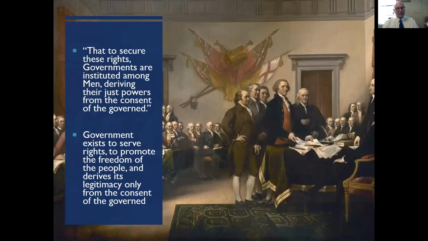Okay, as he goes on to say that to secure these rights, governments are instituted among men, deriving their just powers from the consent of the governed. So again, what does it mean for a government to be just? How can a government justify the powers that it's exercising when it governs? The consent of the governed. Since government exists to protect these rights, for government to be just, people have to consent. They have to agree. They have to see that the government is doing what it's supposed to.